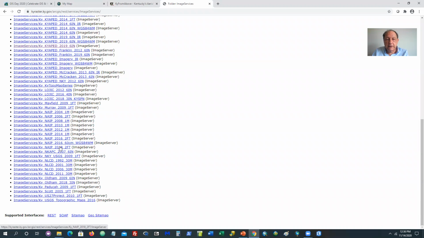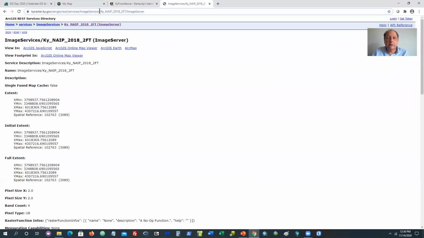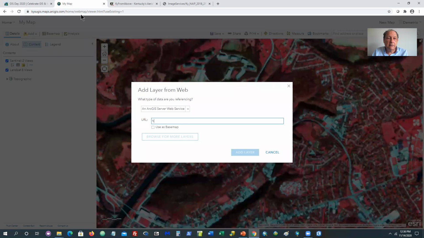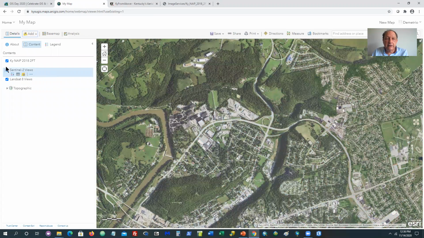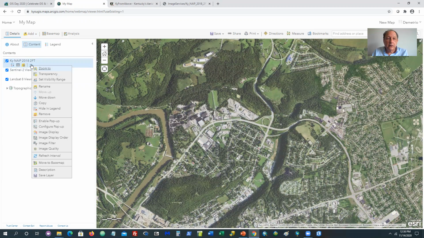For example, NAIP 2018 2-foot, right? So what we're gonna do is we're gonna just see if this works for us. My map there. And this is now 2018, right? 2018